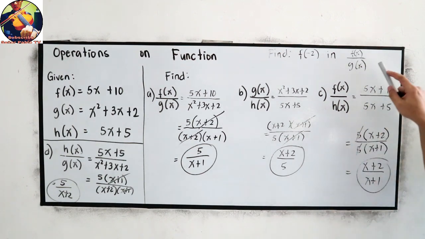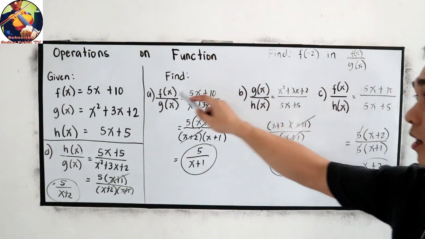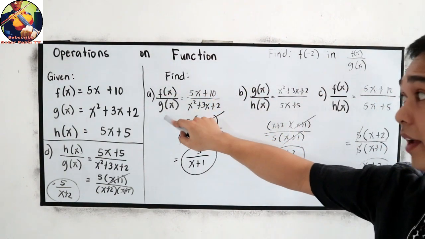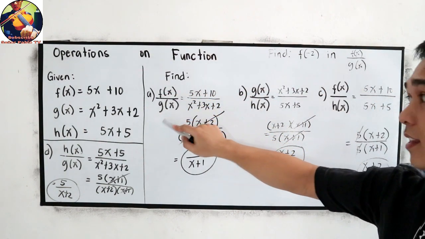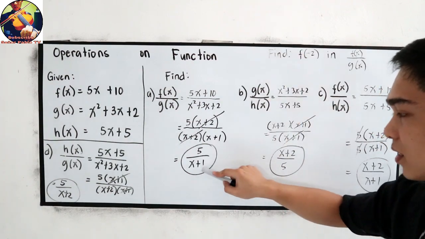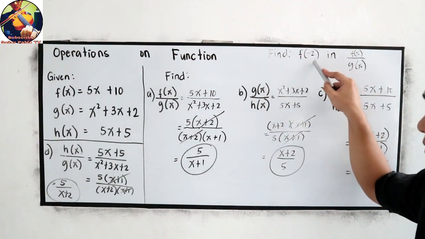So find the value of f of x over g of x at negative 2. Where is it? Okay, this one, f of x over g of x. Then, under our final answer, let us substitute negative 2